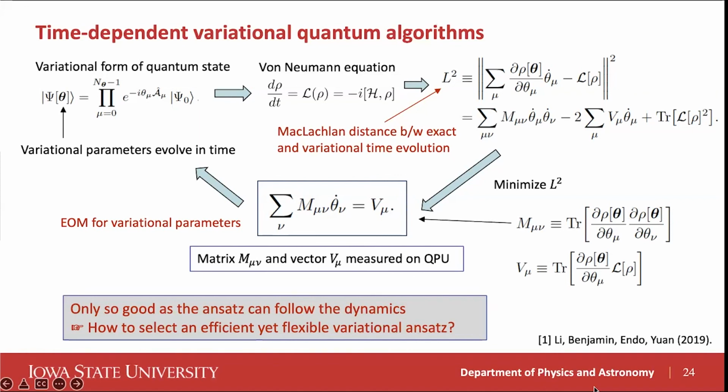And these theta mu's are your variational parameters, and applying this is applying a circuit to a reference state, which gives you a certain state. You want to update these theta mu's such that this resembles, in this case, real-time evolution. So you know that we have d rho dt is minus i commutator of H with rho, which is the von Neumann equation, which is exactly what I had earlier, but now you have the real time. You have the commutator here, where I had the anti-commutator. And you can derive again variationally by minimizing this distance, this equation of motion, and the matrix M and the vector V are measured. Once you have that equation, you update it and you run this again and again and again.